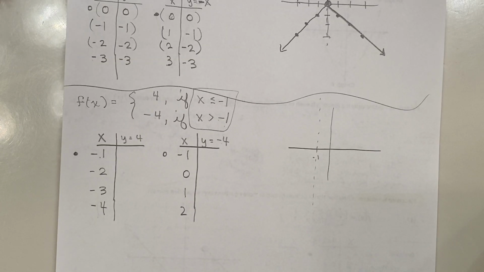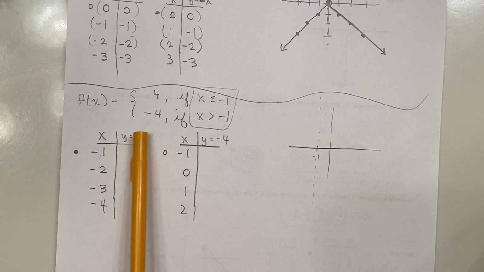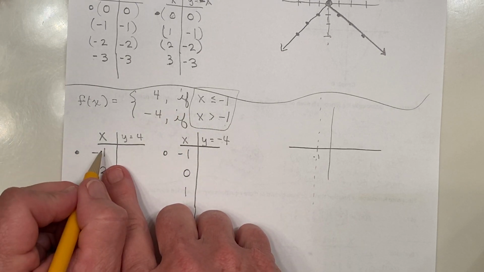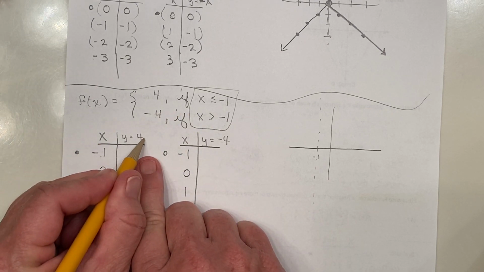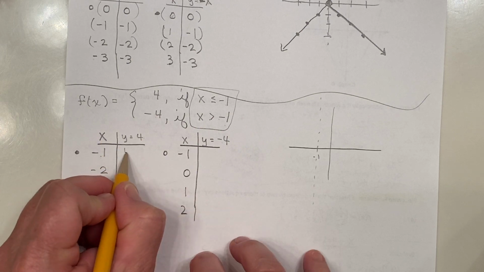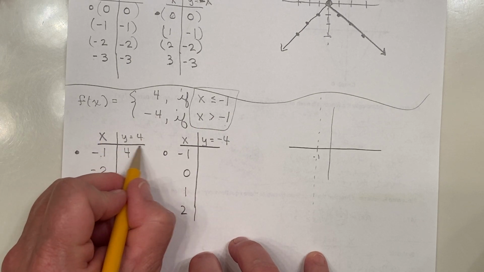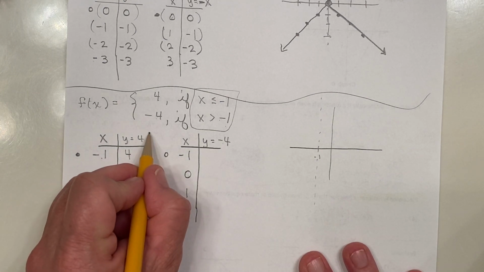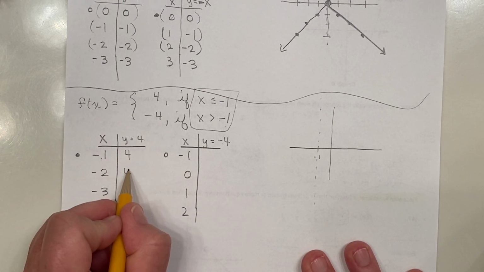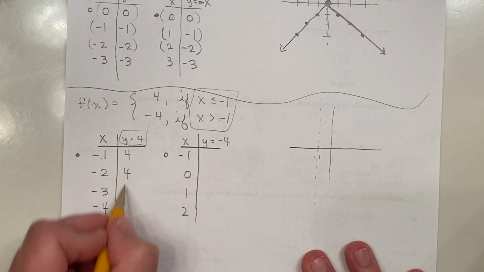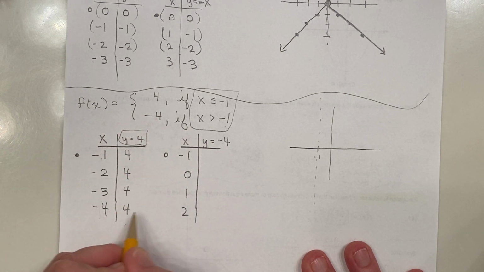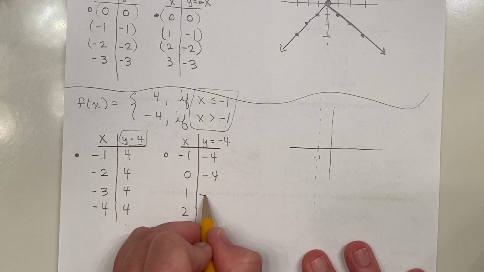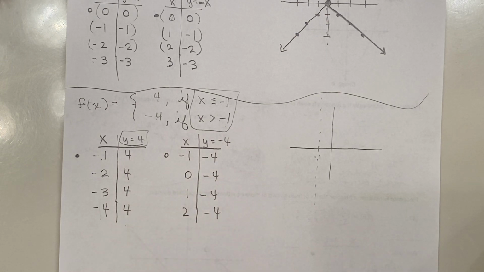This is an interesting problem because of these equations. Notice that neither one of these pieces has an x in it. So do I have a place to plug negative 1 into? No, because I don't have an x. So my answer is actually just what y is. All these y's are going to be 4. Negative 2 has no place to go in for x. So my y, and that's what this is saying, all these y's are 4. Just like down here underneath this column, all these y's are going to be negative 4. So we're going to have some constant